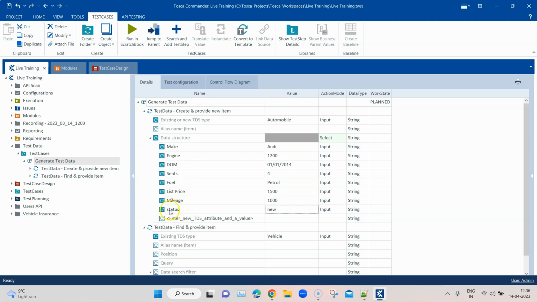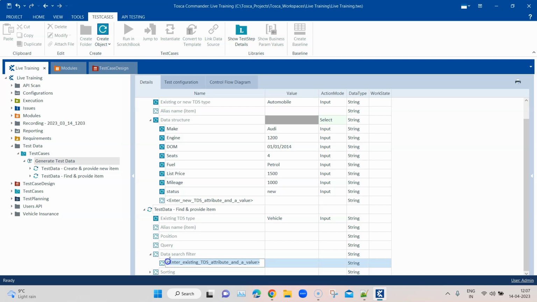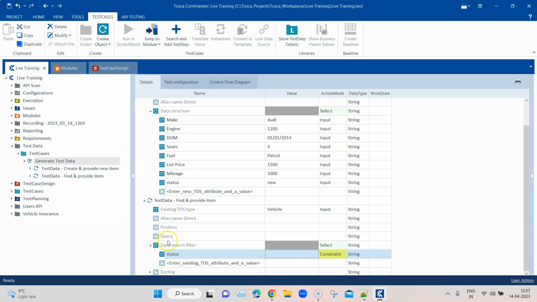So you should always have this field called status so that you can track the status of your test data, whether it has already been used or not used by the application. Now what I can do here is search based on this particular custom field. I can say status, and once you give this value, the action mode will automatically change to constraint because we are trying to filter out values based on